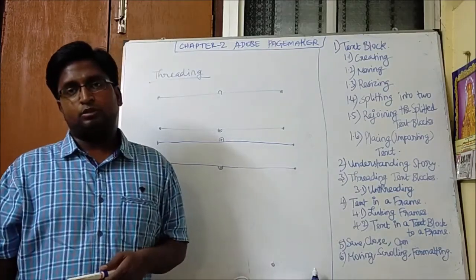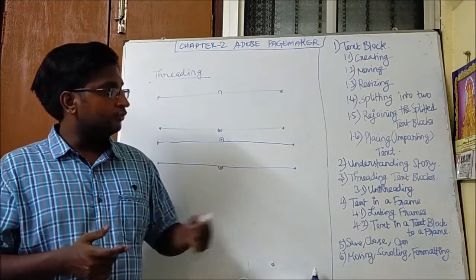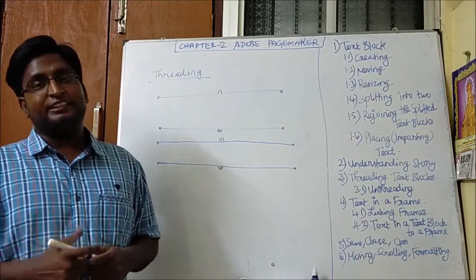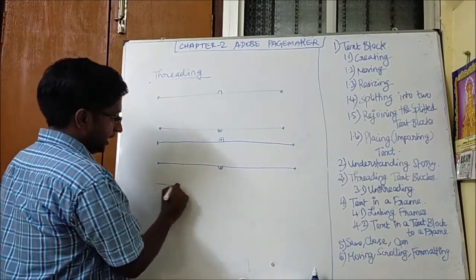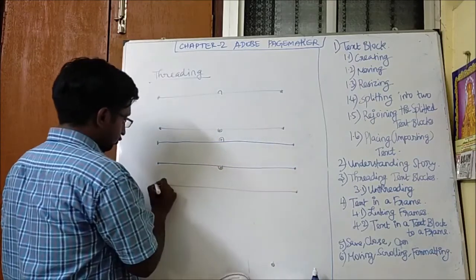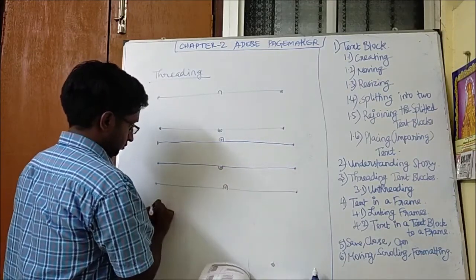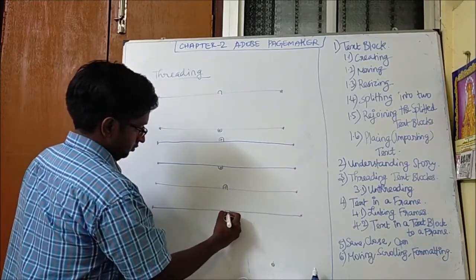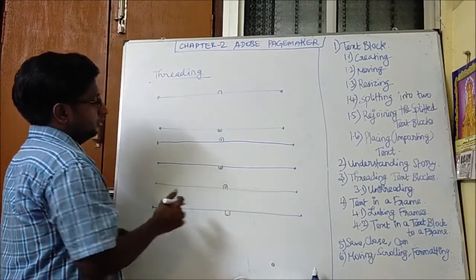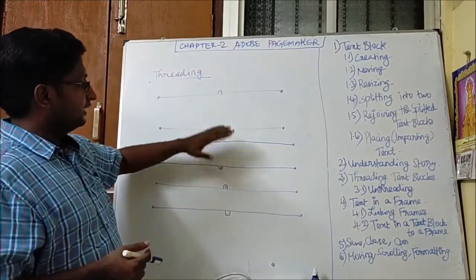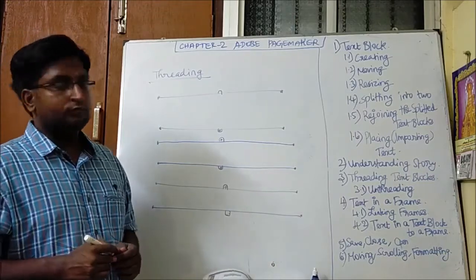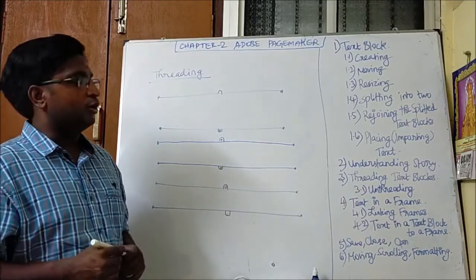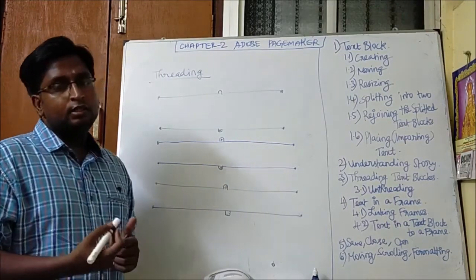The next one is unthreading the text block. We have threaded the text block, so we have to know how to unthread it. There are two methods to unthread a text block. Say for example, these three text blocks are threaded, and the text flows from each text block into the next. So we have to unthread the text block.